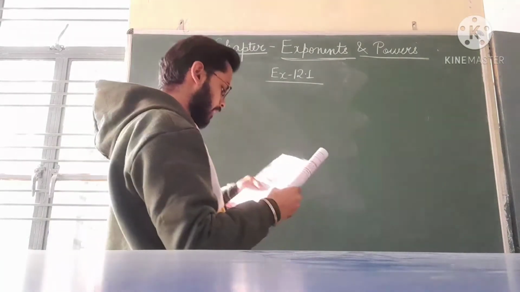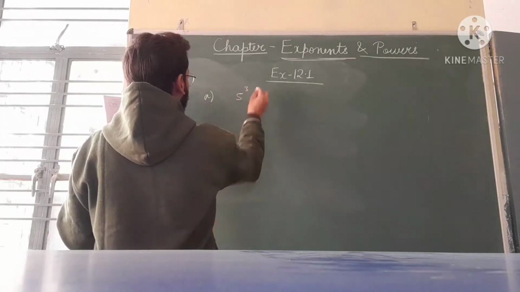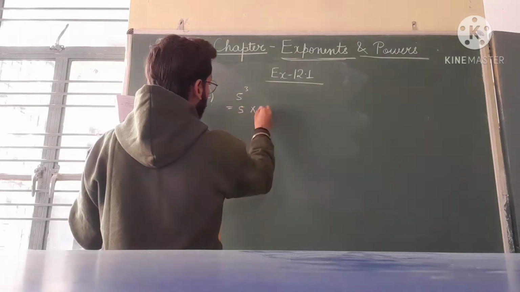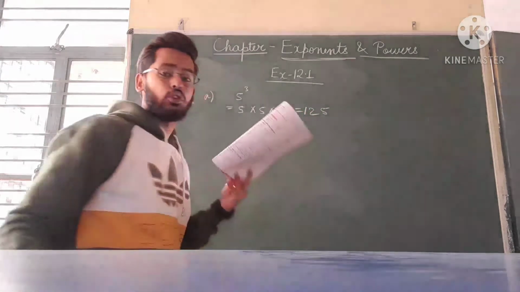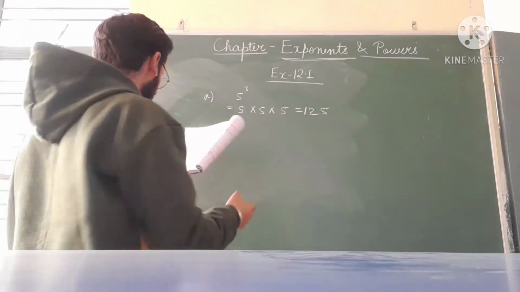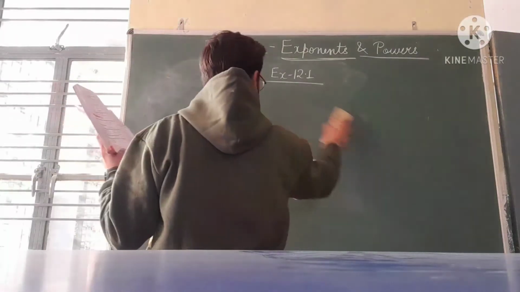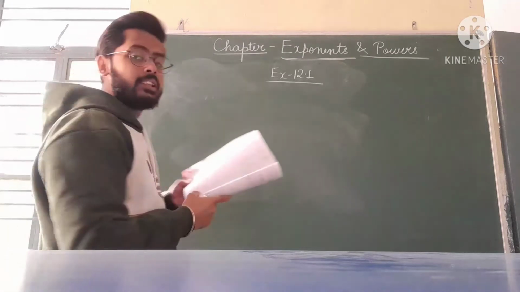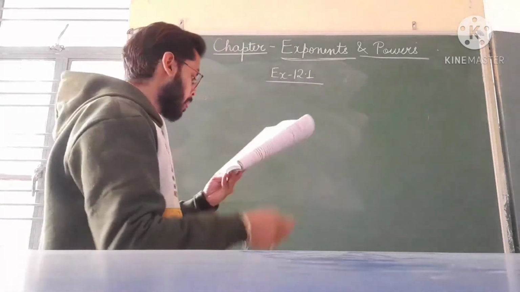indicate the base and the exponent and evaluate. A, 5 cube. That is, we have to write down 5 three times and just multiply. So you can easily do these questions. Now question number two, which one is greater? By rewriting these numbers as products, you can easily tell which number is greater and by how much.